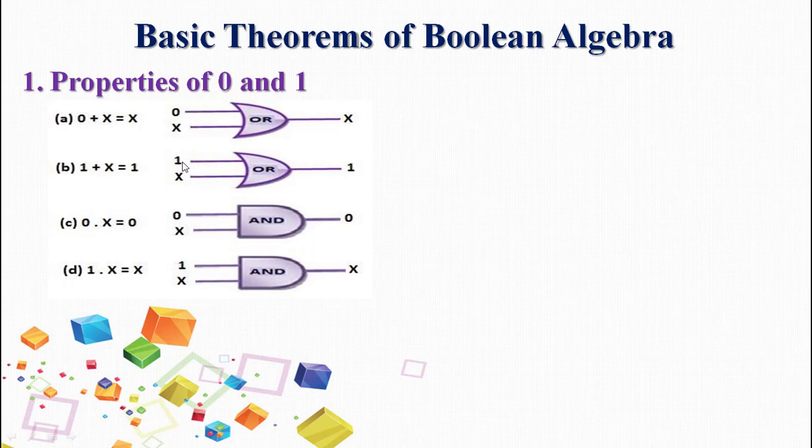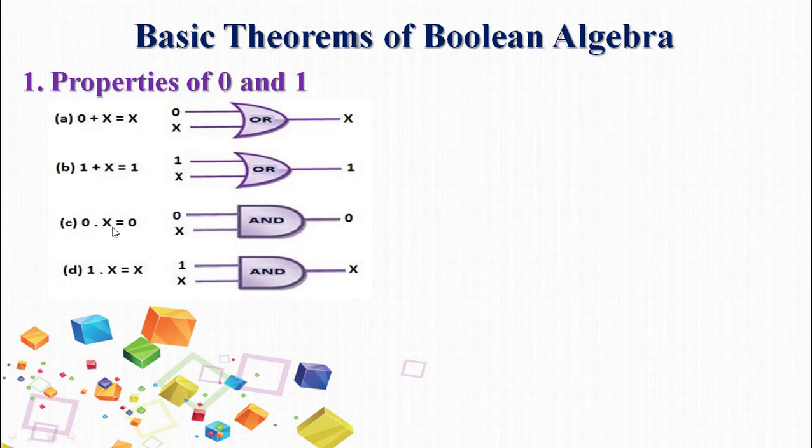So we have x and y as the two inputs if we consider two different variables, but here we are dealing with the theorem, so 1 and x will be the input lines. 1 is constant over here. x will change its value because x being a Boolean variable, it can take up 0 or 1 as its value. Then the output of the logic gate is always 1 because of the expression.